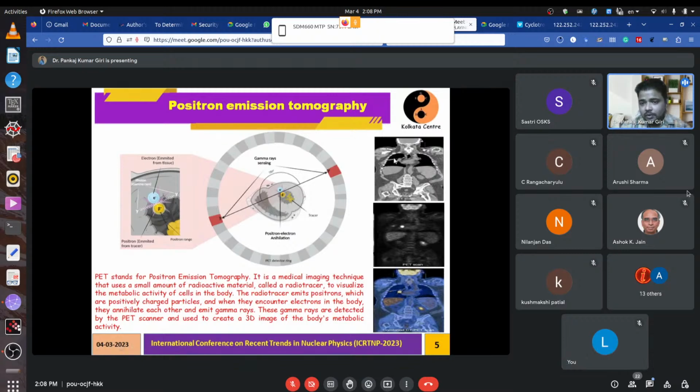If we have only the computed tomography, then we can have only this type of detailed organ image. But when we are injecting one of the tracers inside our body, then it will only highlight the particular high metabolism part of our body. Then when we combine these two, the CT image and the PET scan, we have the detailed picture, which we call the PET image. Then by seeing this PET image, the doctor